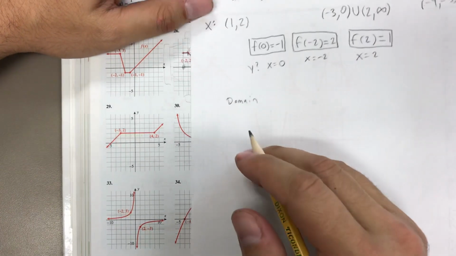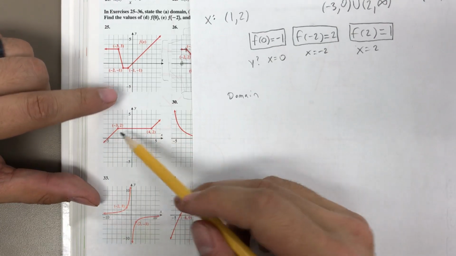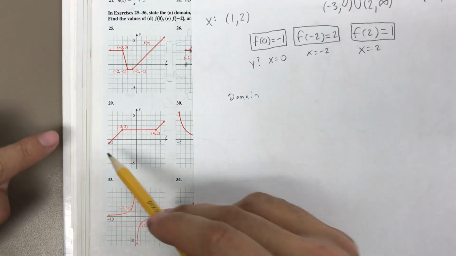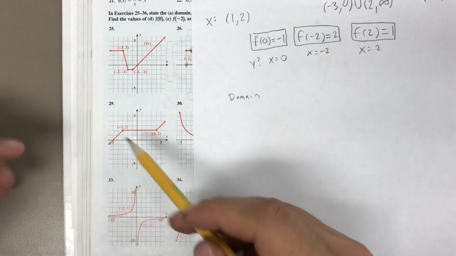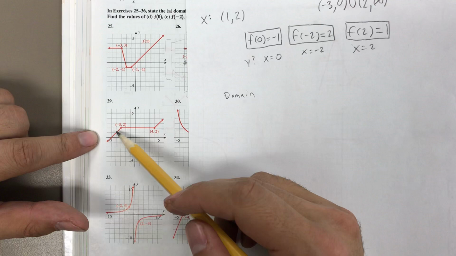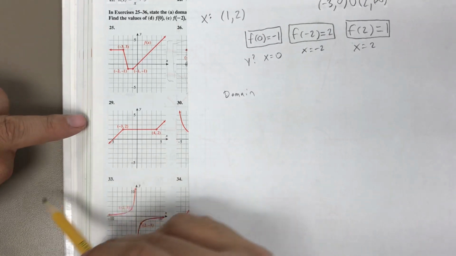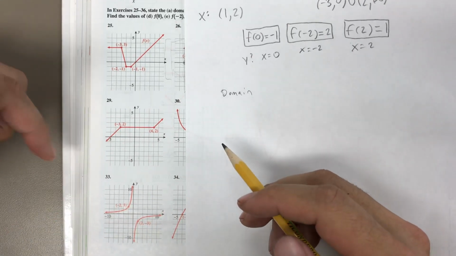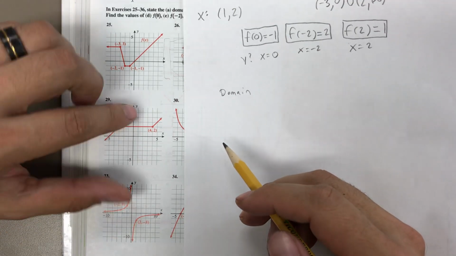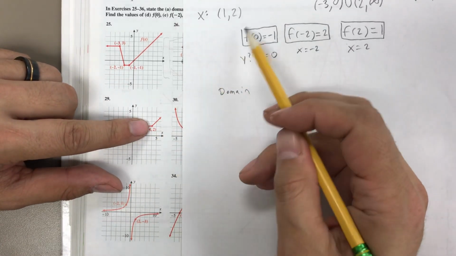So the domain, once again, is just going to be all the possible x values that you can find as coordinates on this graph. Since it just keeps going on and on in the negative x direction, we say that our x values are going to move to negative infinity essentially. Every negative value will have a corresponding x coordinate on this graph at some point. It might be later on, down the graph, but every single x value along the x-axis, even when it gets off of the page here, is going to have a corresponding coordinate. Similarly in the positive direction, since this arrow just keeps going on and on,